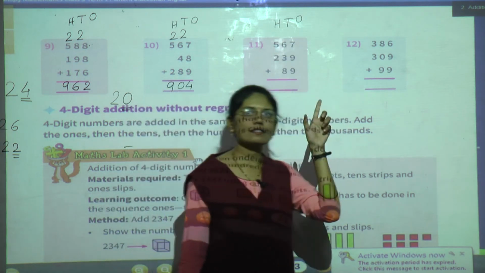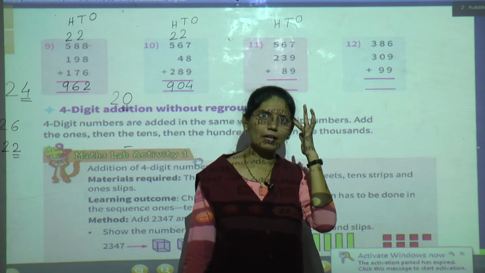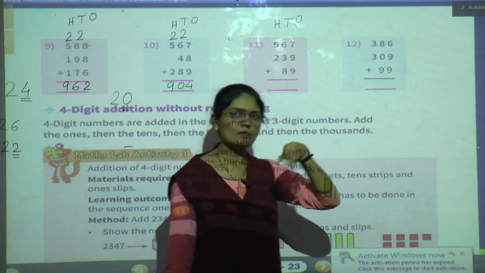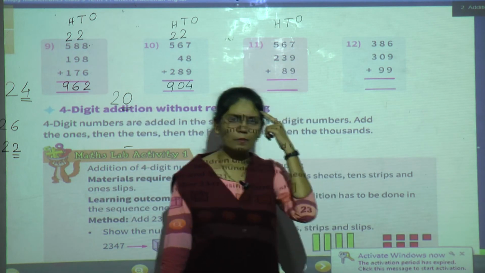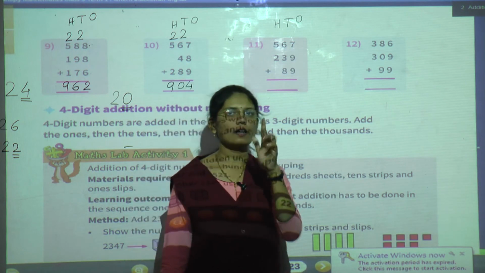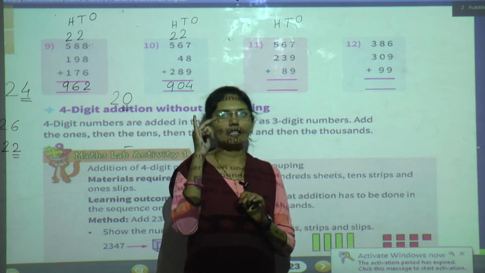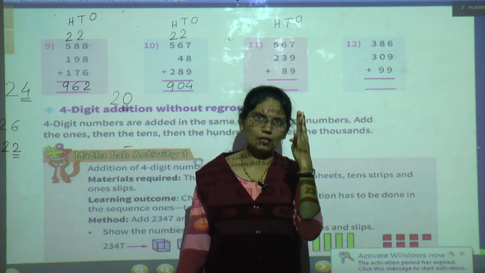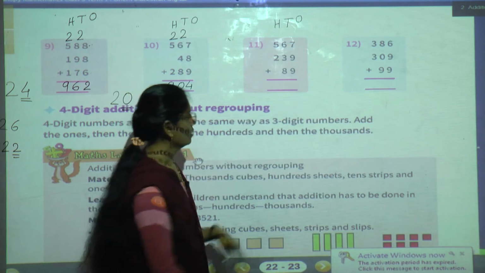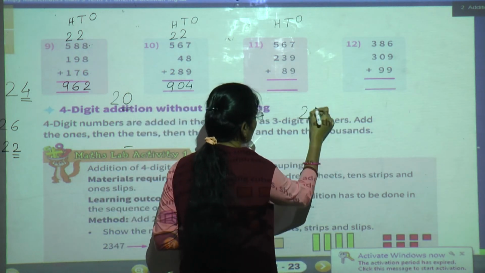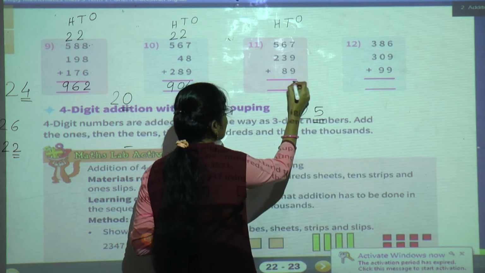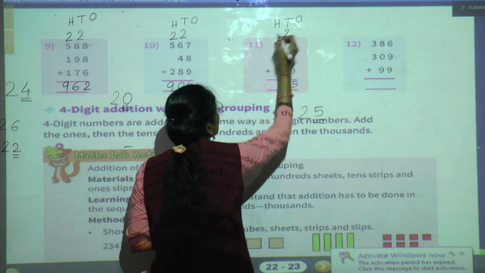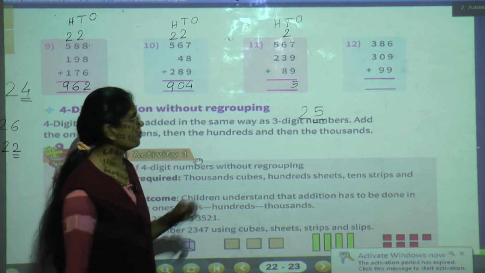So now see students, this 16 again we have to keep in our mind. Then again, which number is next? 9. So show your 9 fingers. In your mind 16 is there. After 16 count 9 fingers. 17, 18, 19, 20, 21, 22, 23, 24, 25. So 16 plus 9, 25 we got. Okay. So this 5 we will write here, and this 2 will go to the tens place as a carry.